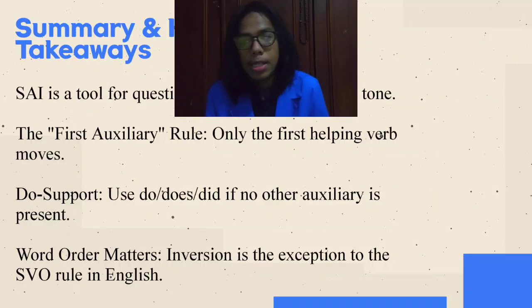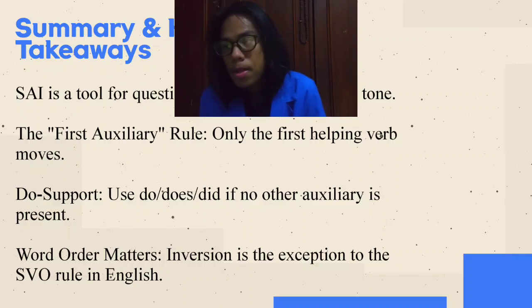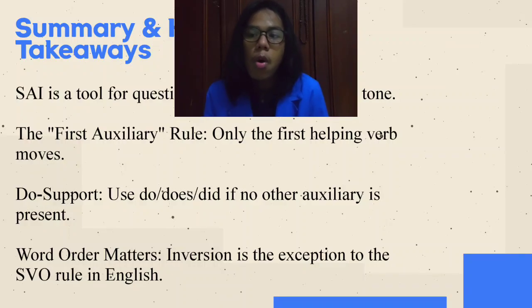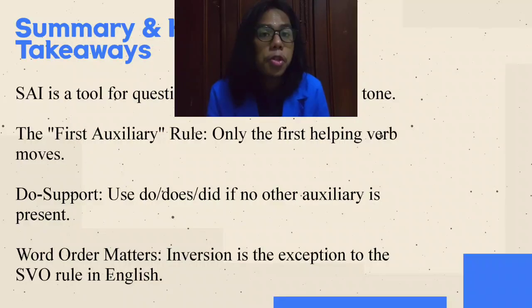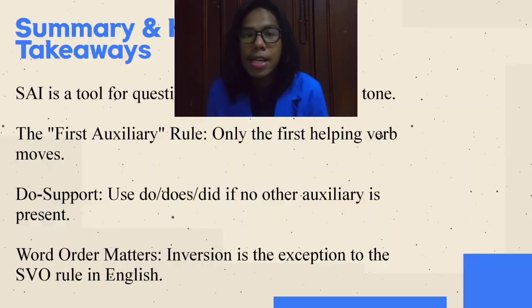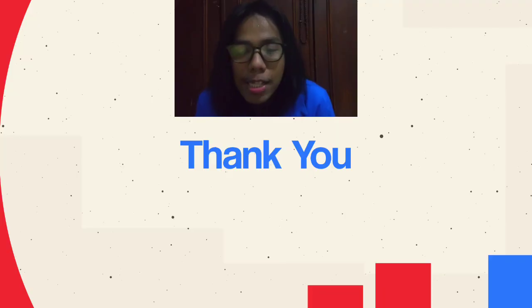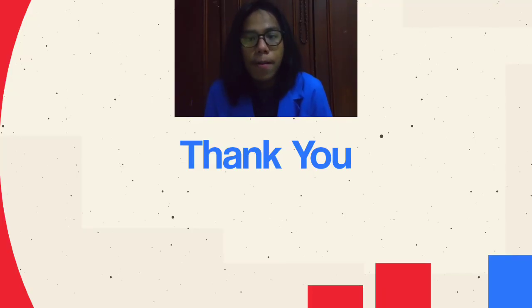Here's the summary and key takeaways. Subject auxiliary inversion is a tool for questions, emphasis, and formal tone. The verb auxiliary rule: only the first helping verb moves. And do support: use do, does, or did if no other auxiliary is present. And word order matters. Inversion is the exception to the SVO rule in English. Okay, so that's my presentation for part 1. And in the next video, I will continue to part 2, which is the case study regarding syntax tree